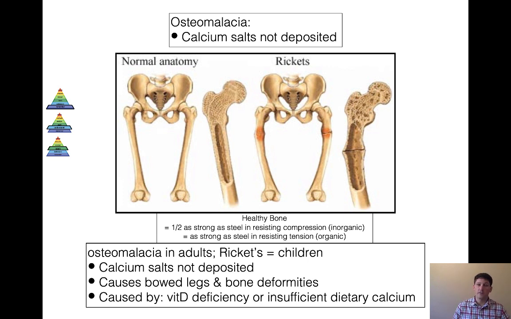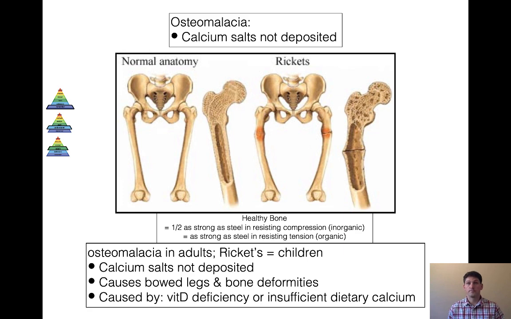So when you think back to our integumentary system not making enough vitamin D, or just dietary vitamin D as well, or an insufficient calcium in our diet. So this is why you always see orange juice that's fortified with calcium and vitamin D, or you hear a lot about drinking milk and making sure you have enough dairy in your diet,